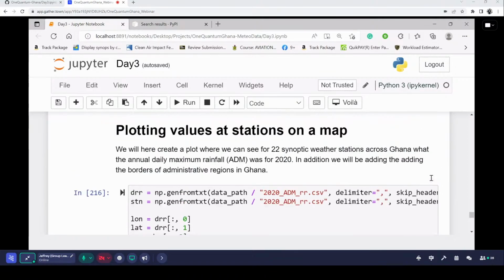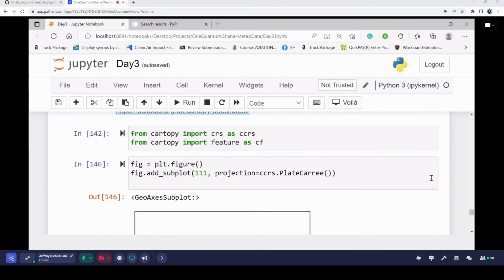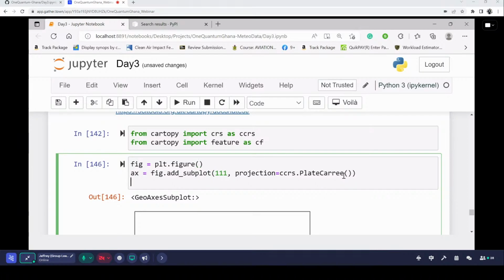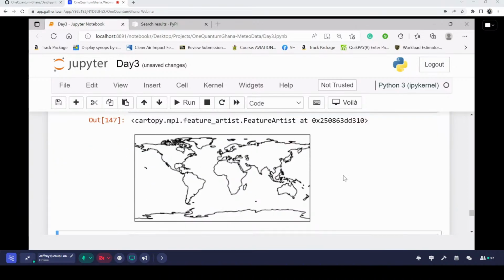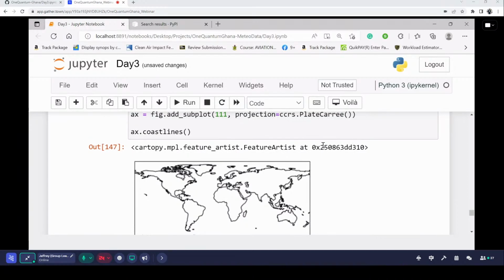let me go back to the first one I was using. So let me assign this to axis, which is ax. Okay. So once I have this, I can just generate my coastline. Say this axis, that's ax dot coastlines, and then I open and close the method, and that generates a map of the entire globe for me. All right,